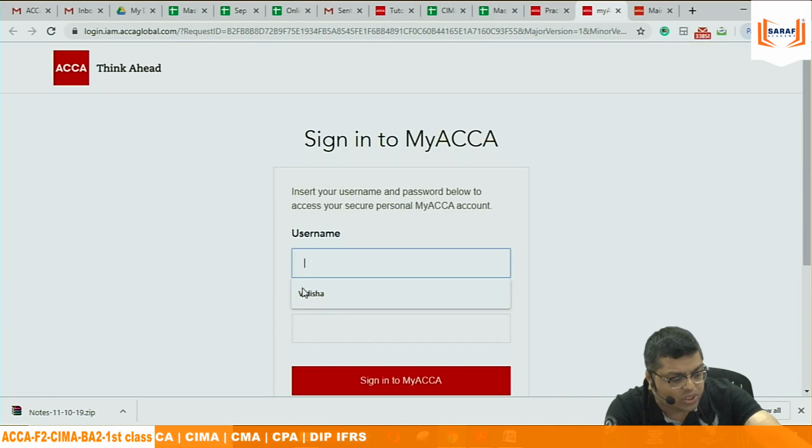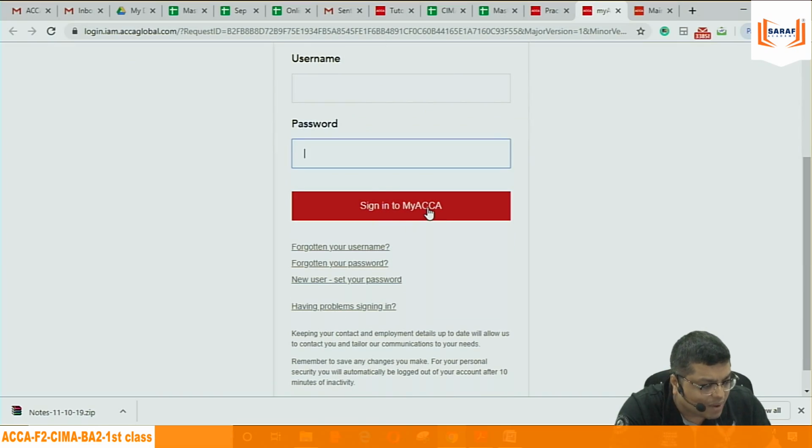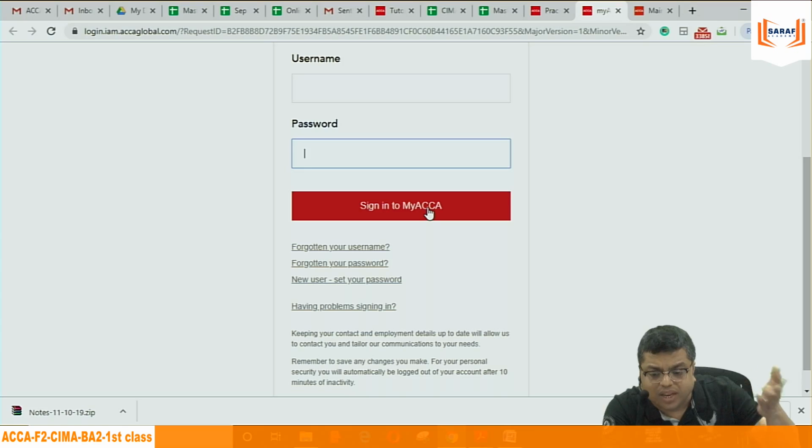When you use your user ID and password of ACCA and sign in to My ACCA, you will be getting the link where you will get the free questions. Not directly. You need to mail them. Then in 3 to 4 days, they will be giving you some free mock papers. Those mock papers will be valid for a certain time. After some time, the password and ID of the mock paper will not work.